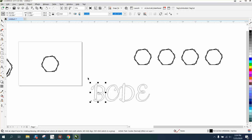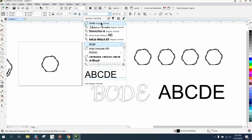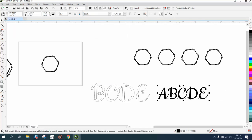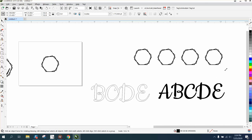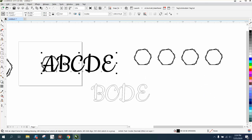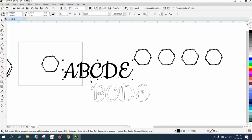Then let me just kind of start over with that. Go with all capitals and kind of scale them, but then pick your font. I think I used Cookie, but this is what's neat because you can pick your own font. And then you just need to kind of scale it to your pentagon. That might be a little bit big. And then once you have all your letters scaled,